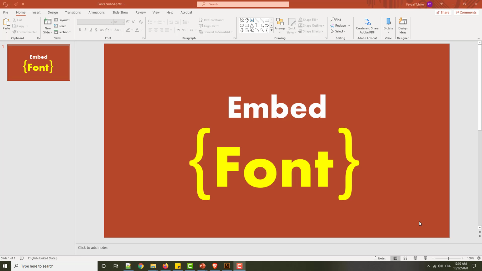What is this new feature? It's a feature that a lot of people don't know exists. This is how we embed the font in your PowerPoint. What does it mean? When you create your template